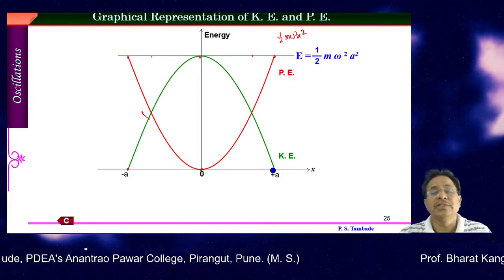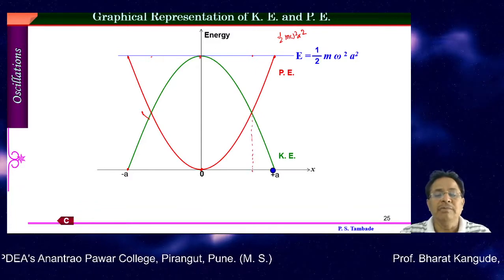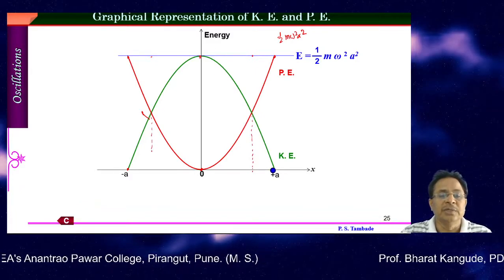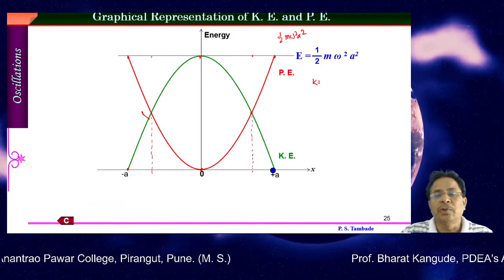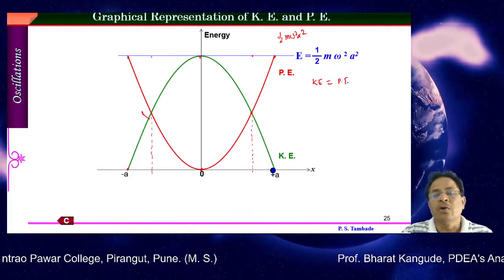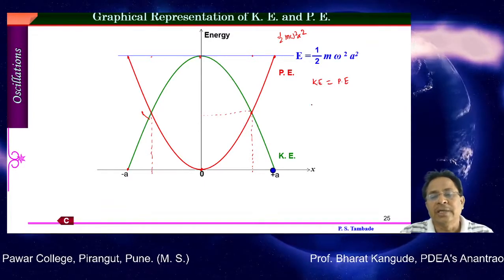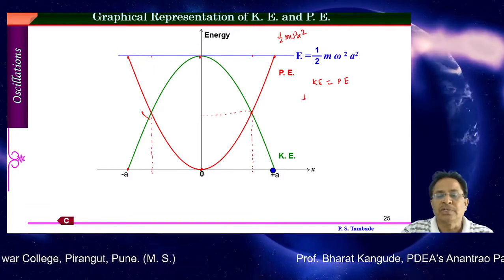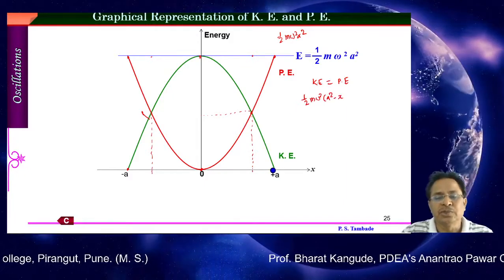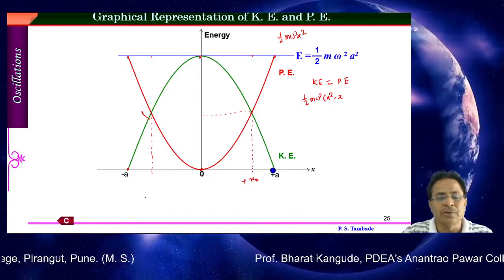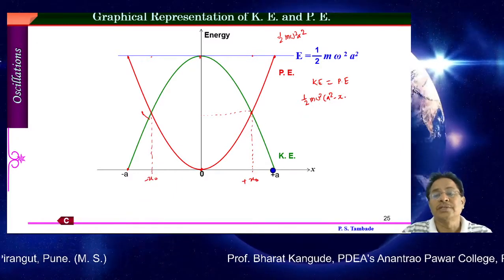One more very simple derivation can be done from this. Can anyone tell me what this point should be? This point lies on both sides. Now look at this. This is the point where both kinetic and potential energies are found to be the same or equal. The energy found here is equal on both sides. So I can write expressions for this. The expression for kinetic is 1/2 m omega square into the bracket A square minus x0 square, where suppose this distance is plus x0, and this is minus x0. And I can write here 1/2 m omega square into x0 square.